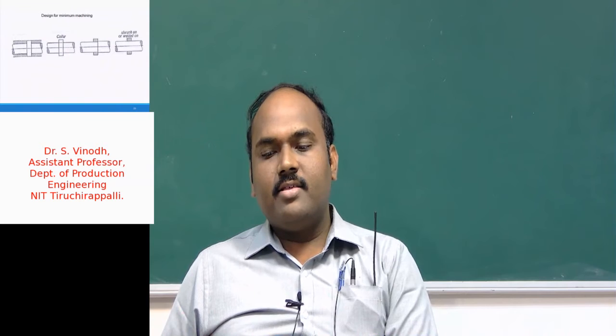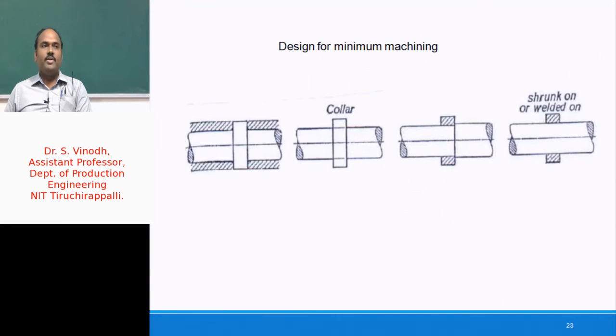Now, this slide depicts designing to facilitate minimum machining. In the left extreme, you could see a collar which is being created in the bush. It is basically a hole based part which has been remedied subsequently, where in the second one we could see a collar being created on two equal shafts, and in the third example the collar is being created between two unequal shafts, and in the fourth one the collar is being welded onto the shaft. Thereby the machining is being minimized in the second, third and fourth variants.